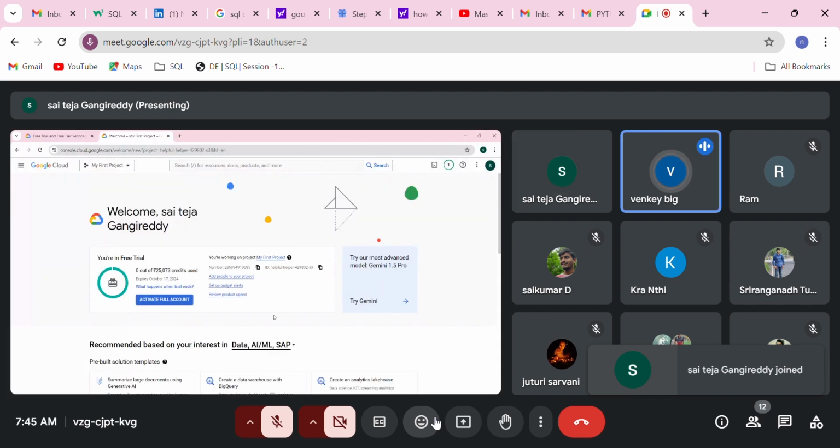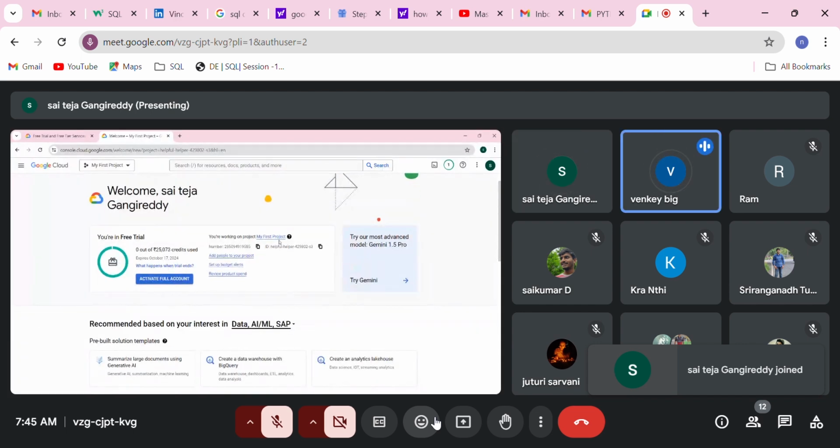Yes, yes, yes. So remember, guys, in Google Cloud Platform, project is very, very important. So project is one of the vocabulary we'll use. In cloud platform, we can deploy multiple projects, right? As and when you enter into the real-time project, there will be a GCP project that will be created.